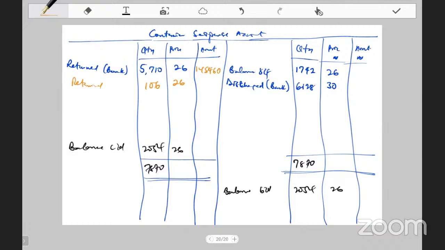106 times 26. That gives me 2756. 2054 times 26. That gives me 53404. 1742 times 26. That gives me